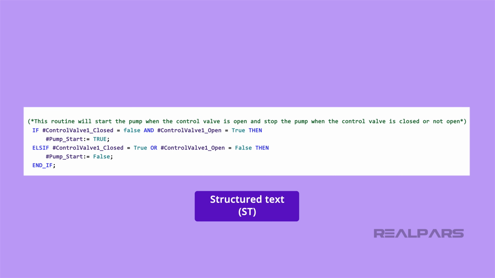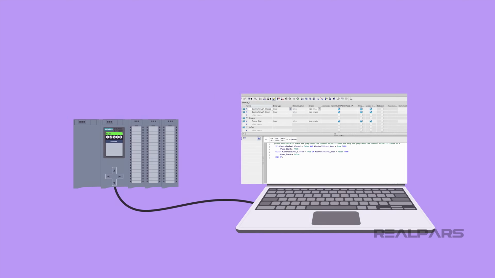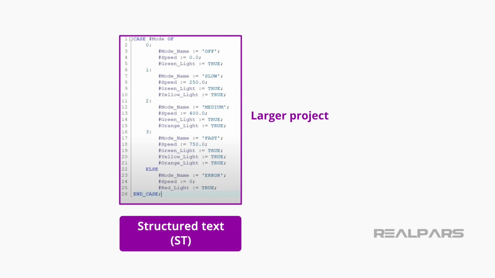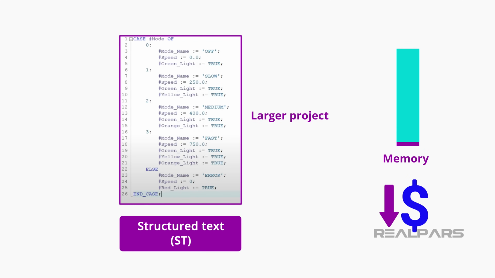How cool is that? While this simple tutorial was an introduction to structured text, adding the ability to utilize structured text in your projects will be another powerful tool in your programmer's toolbox. It allows you to create large and complex PLC projects quickly and efficiently while maximizing the allocation of memory.